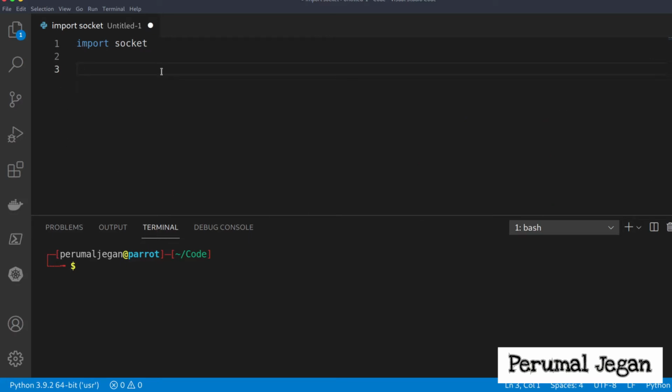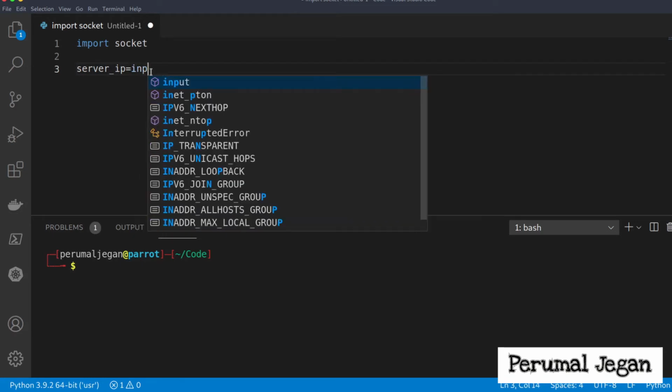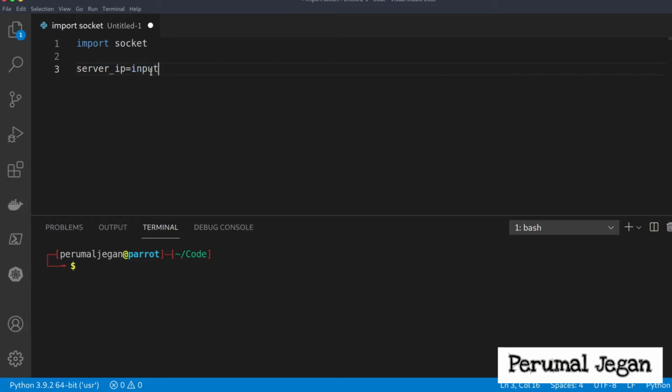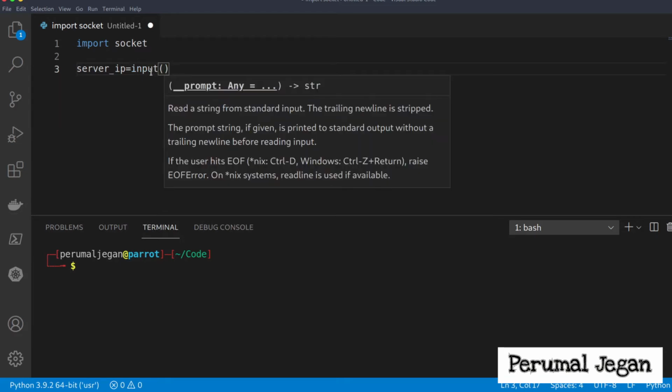So let's do that. Now it is time to get the input. First, the server IP. I created a variable server IP, and I am getting input from the user. To get the input from the user, I need to use the function called input and apply the brackets here.